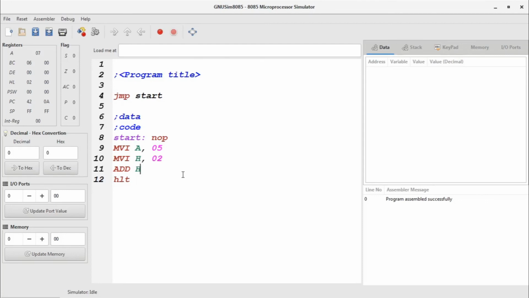Okay, so we didn't use any memory directly, but indirectly all the instructions have been stored at some memory location. We have 1000 memory locations with this simulator. Another way, what I suggest you to do, is to write your own assembly code for addition of two 8-bit numbers. You can use memory locations for doing that. Keep some data at a particular memory location, copy that data into some register, and then add it with the accumulator's content, and you will be happy writing those programs.